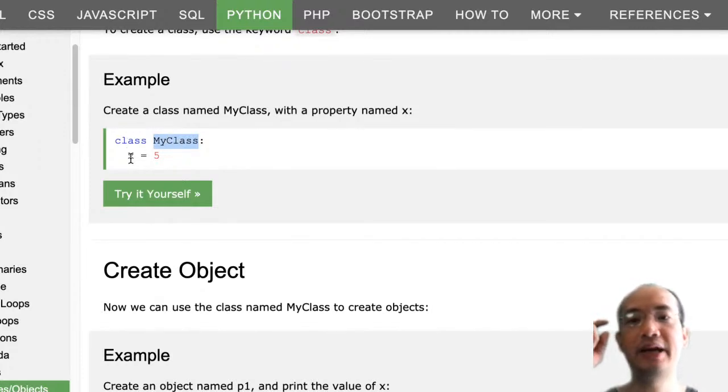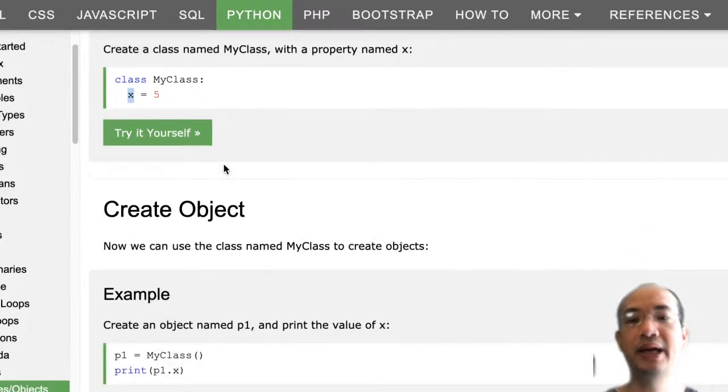And you have a variable, but they call it a property inside the class, equal to a value called 5, and that is the class with x equal to 5. Okay, and then